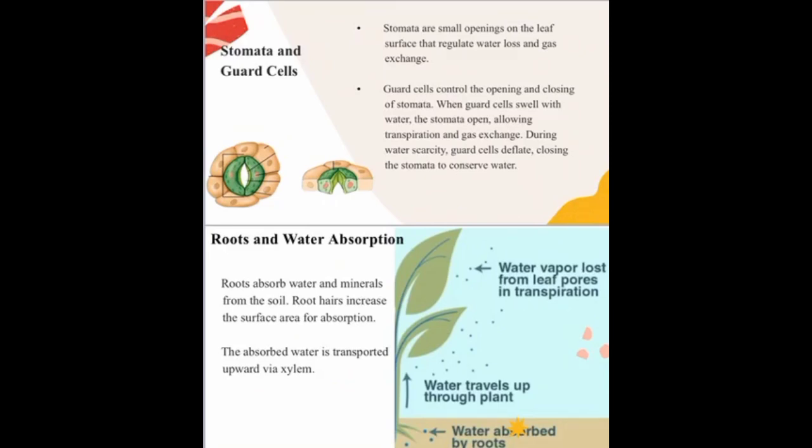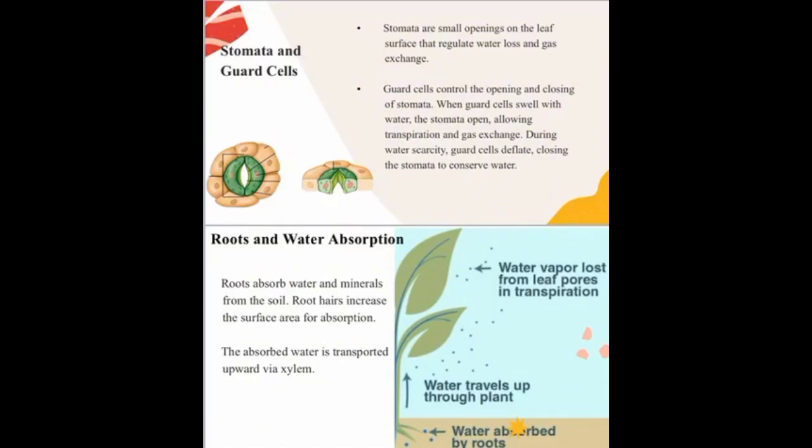Roots and water absorption. Roots absorb water and minerals from the soil. Root hairs increase the surface area for absorption. The absorbed water is transported upward via xylem. Plant roots absorb water and essential minerals from the soil. This absorption is facilitated by root hairs, tiny extensions of root cells that greatly increase the surface area available for